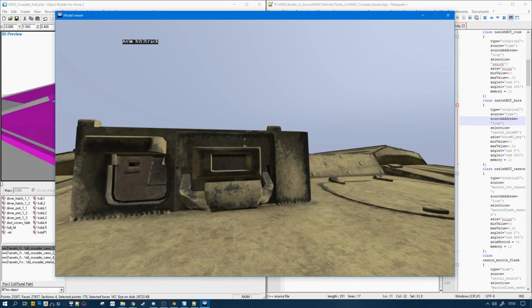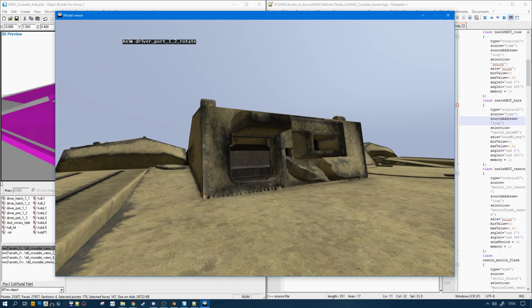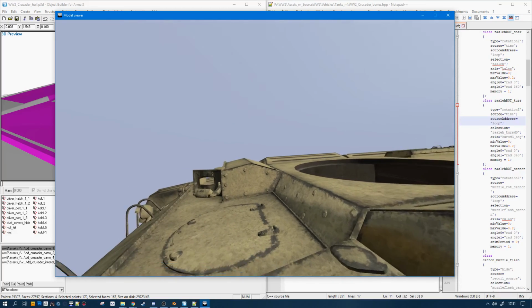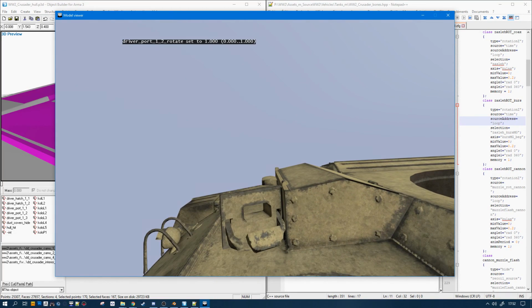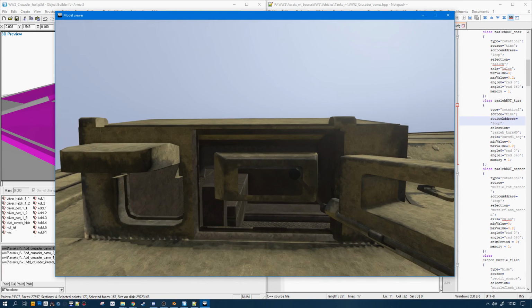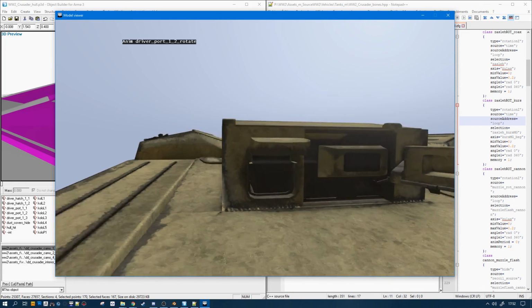But the angle is okay here, and let's use this to check if the angle is okay here. So I have some fixes to do on the 3D again.